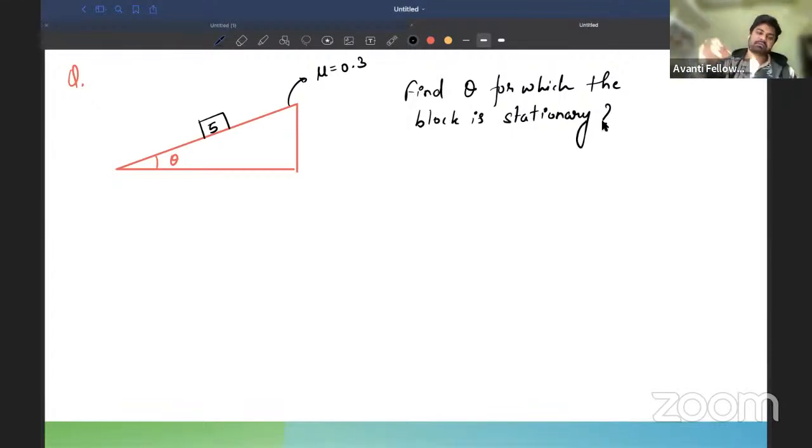भाई इंक्लाइंड प्लेन पे फ्रिक्शन होगा तो ब्लॉक रुक सकता है, राइट? It can stop there. So you have to find that how much should be theta. अब ये थीटा कितना होगा वो निकालना है, दैट इज द क्वेश्चन। ओके, ट्राई करो, यू पीपल ट्राई, देन आई विल टेल यू।